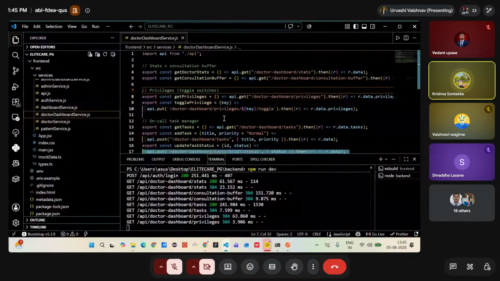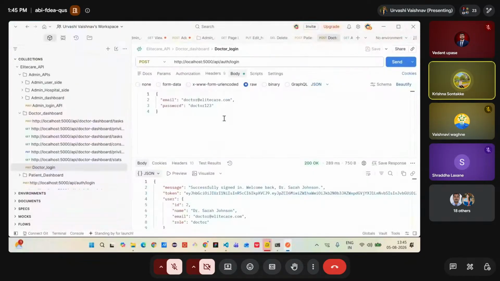Now I will briefly explain the database used for the doctor dashboard module. For this module, we have designed a structured PostgreSQL database where each table stores a specific type of healthcare information, the doctor related tables. First is doctor profile,